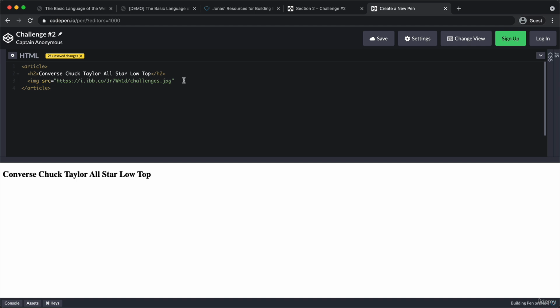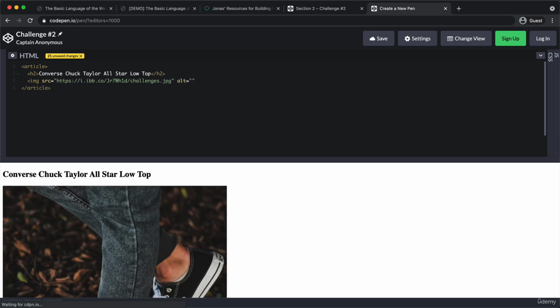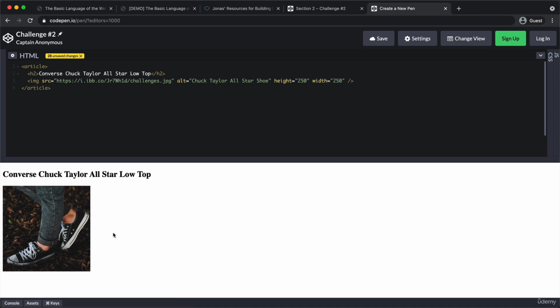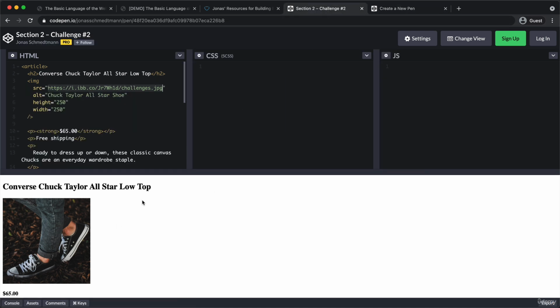Okay. Then the alt text is just copying it now here. Oh, this should be enough like this. And then the height and the width at 250. And here it is. Here is our image. Great. Now let's go back here